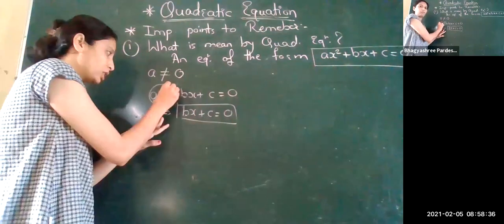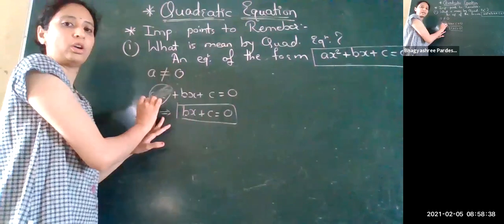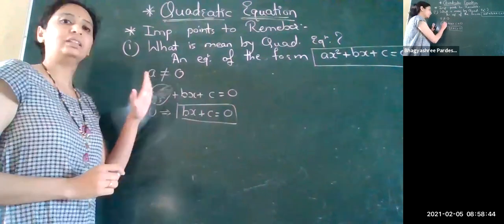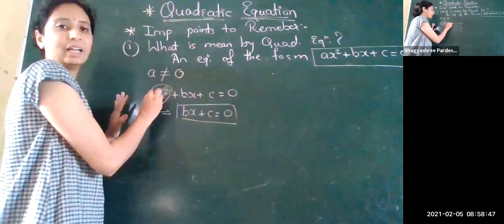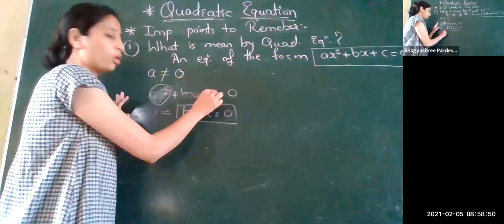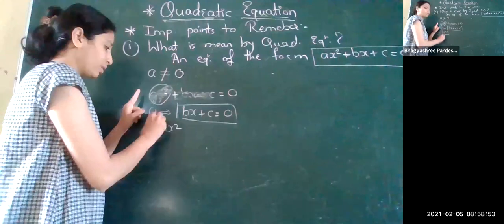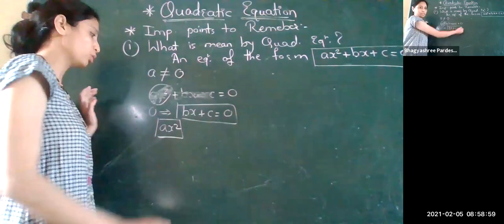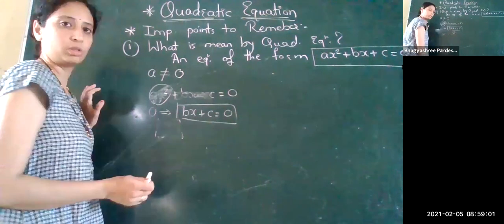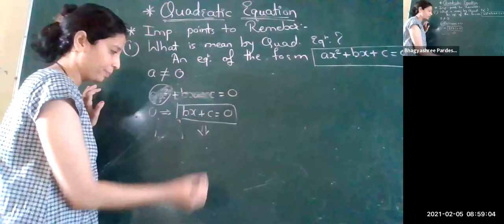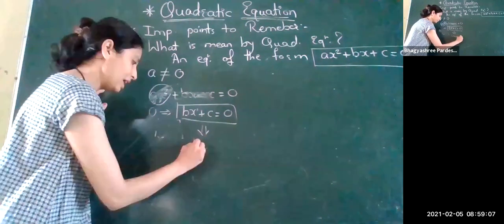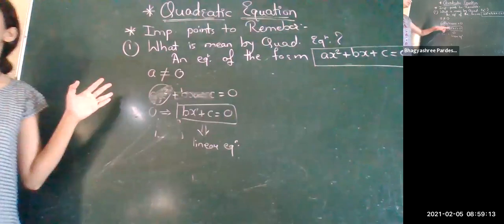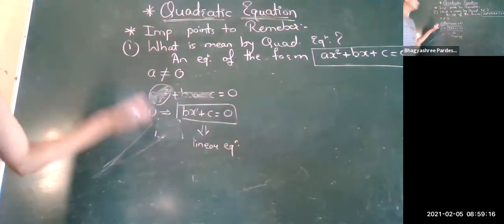You know very well that if we are saying that the given equation is a quadratic equation, then there must be the term of x square. That is the most important thing. If the rest are 0, it will be fine, but this x square term must not be equals to 0. If it is 0, we get bx plus c is equals to 0, and if the highest power of x is 1, then we say that this is a linear equation. So whatever quadratic equation we were saying, now it has converted to a linear equation. Just remember this thing very well.